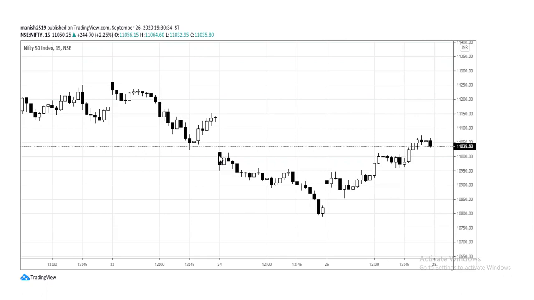See, on this day, what happened? We got slightly gap down opening. On previous day, this candle made low. So this was PDL. And today we got gap down opening, slightly gap down opening. Look at the first candle. As a trader, you should always learn how to read first candle. It will help you to understand the psychology. First candle is big bearish candle without upper shadow. This means open equal to high. So we got gap down opening and then open equal to high. Both these points indicate weakness. Next, you can see three baby candles inside, finally breakdown and one side move in the counter.